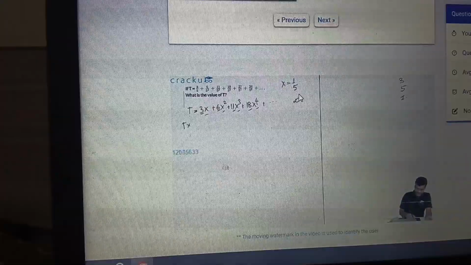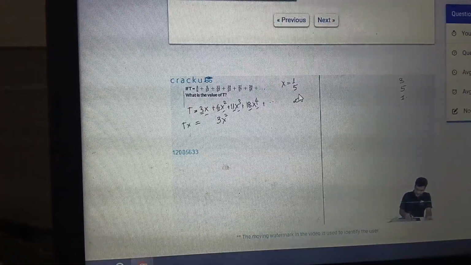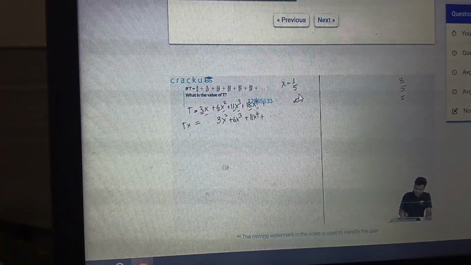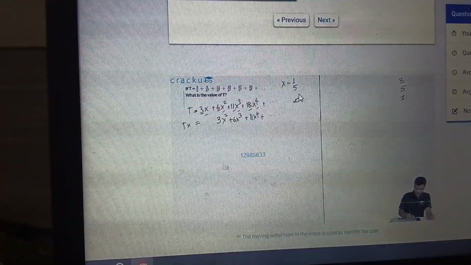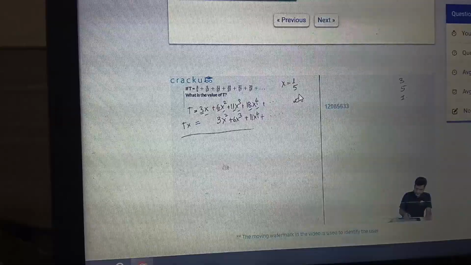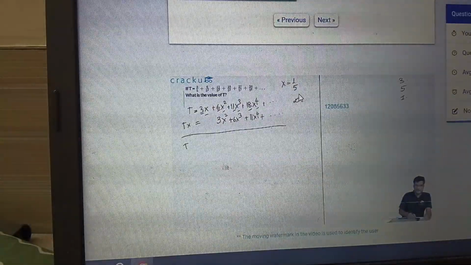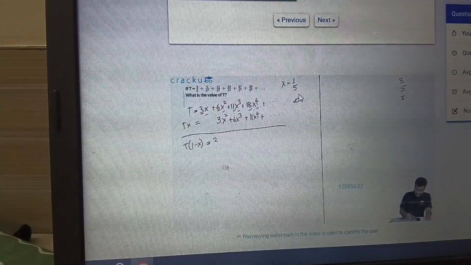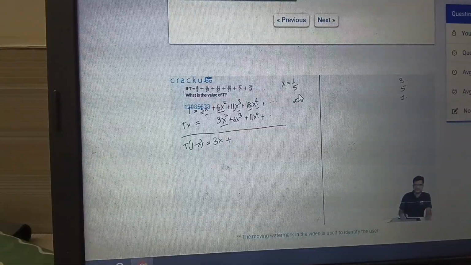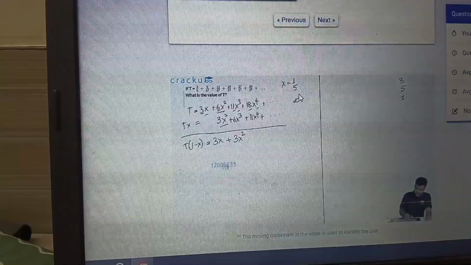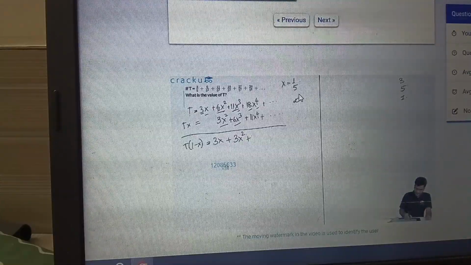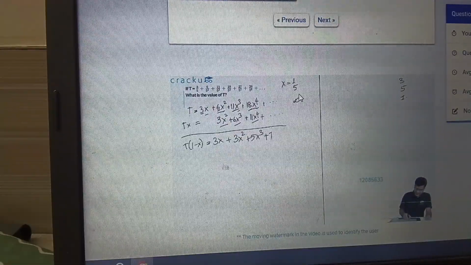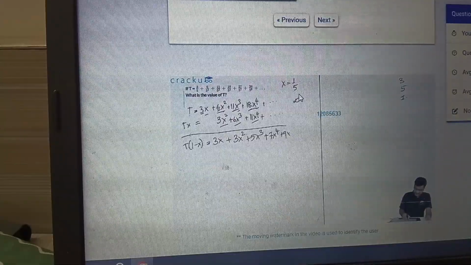So the value of tx is equal to 3x square plus 6x cube plus 11x to the power 4 plus dot dot dot till infinity. Notice that we have switched all the powers of x one to the right. Now if you subtract the second equation from the first equation, so t minus tx, that is t into 1 minus x, is equal to 3x plus 6x square minus 3x square will be equal to 3x square plus 11x cube minus 6x cube is equal to 5x cube plus 18x to the power 4 minus 11x to the power 4 will be 7x to the power 4 plus 9x to the power 5 and so on